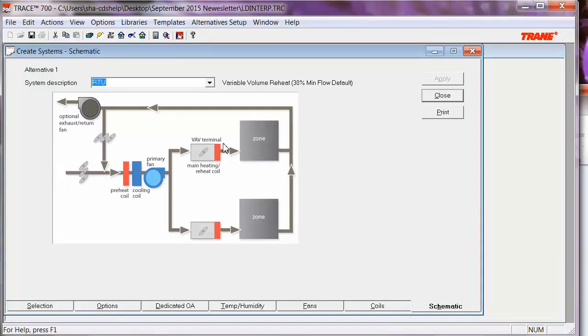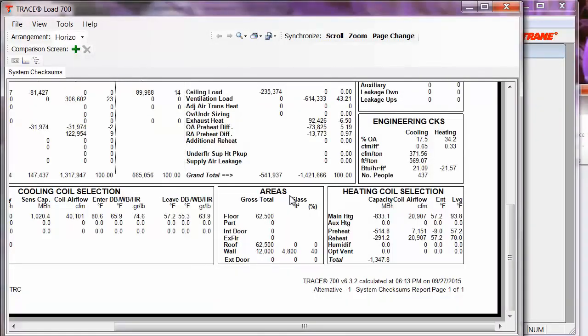Now, if we wanted to see what the terminal box reheat coil sizes are, we would want to look at the zone checksums, which will give us a zone level output. What's important here in general is that we need to look at information that is relevant to the system we have chosen and the inputs we have modified related to the output. The checksums is a catch-all for outputs where some items may or may not necessarily apply. Trace also makes assumptions based on the ASHRAE fundamentals books as a guideline on how certain coil sizes are calculated. They may not be exactly what your methodology is, so call into our support center if you have questions regarding